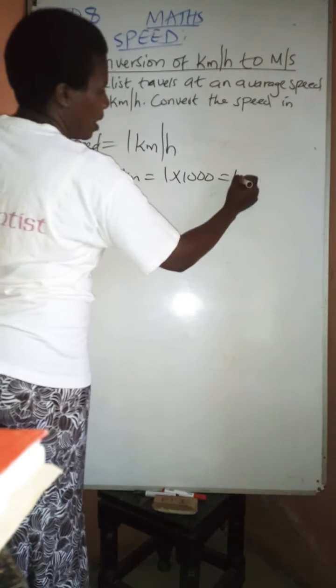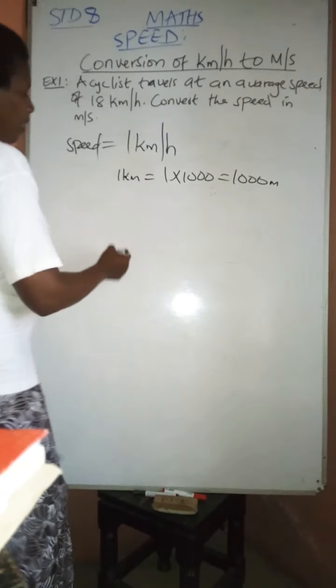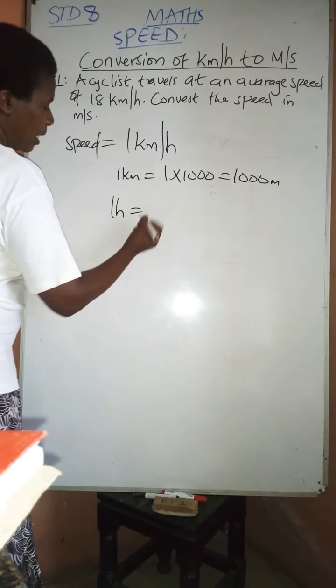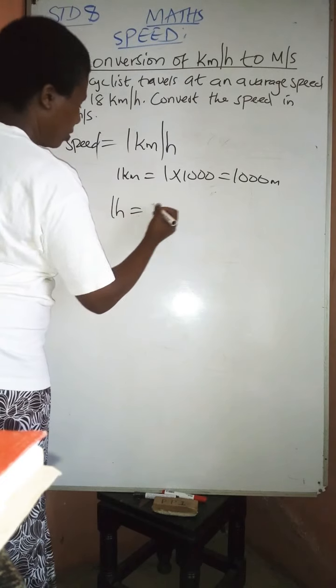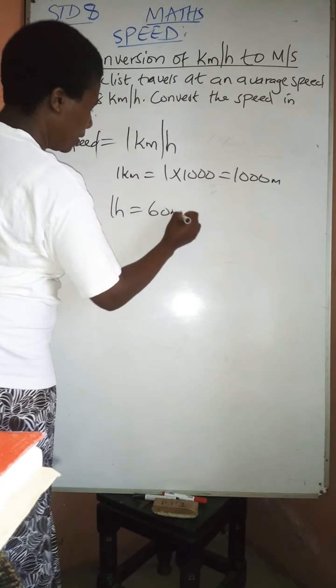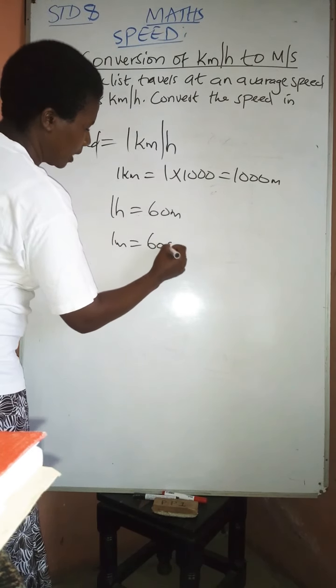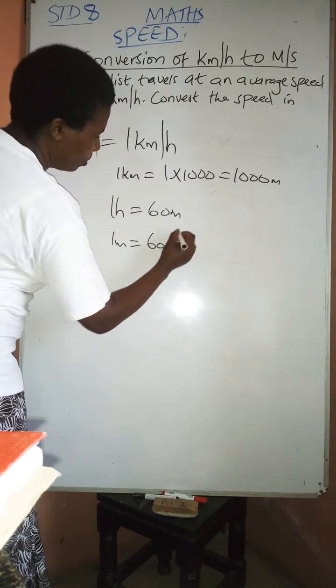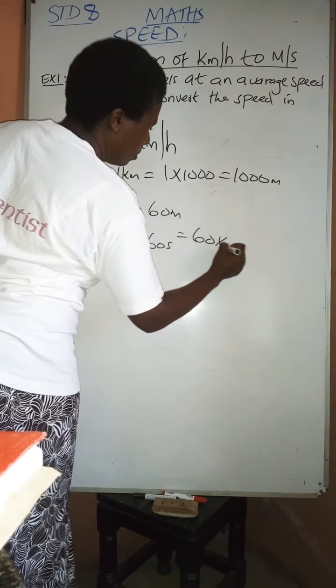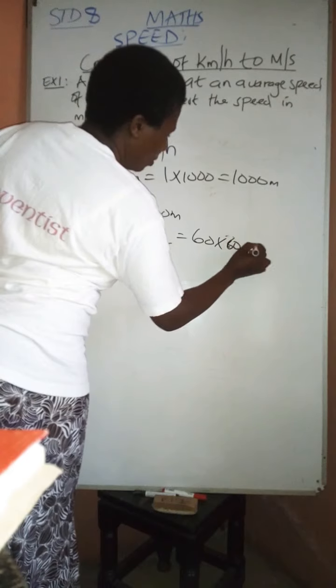So here I have 1,000 meters. And in every hour, I have to change this also into seconds. So we said we change first into minutes, then 1 minute into seconds. Then we multiply. So you have 60 times 60,